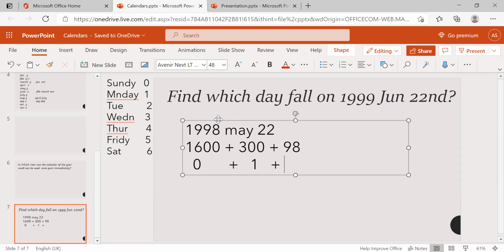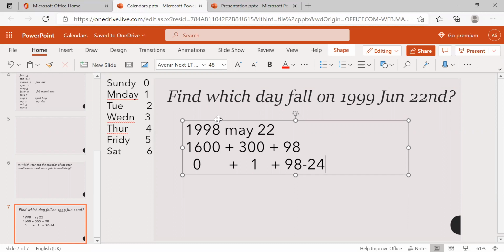Now, what's the remaining here? 98. In this 98, how many leap years will we get? Divided by 4. Just divide by 4. 24 leap years we will get, right? So up to 98 years, 24 leap years.